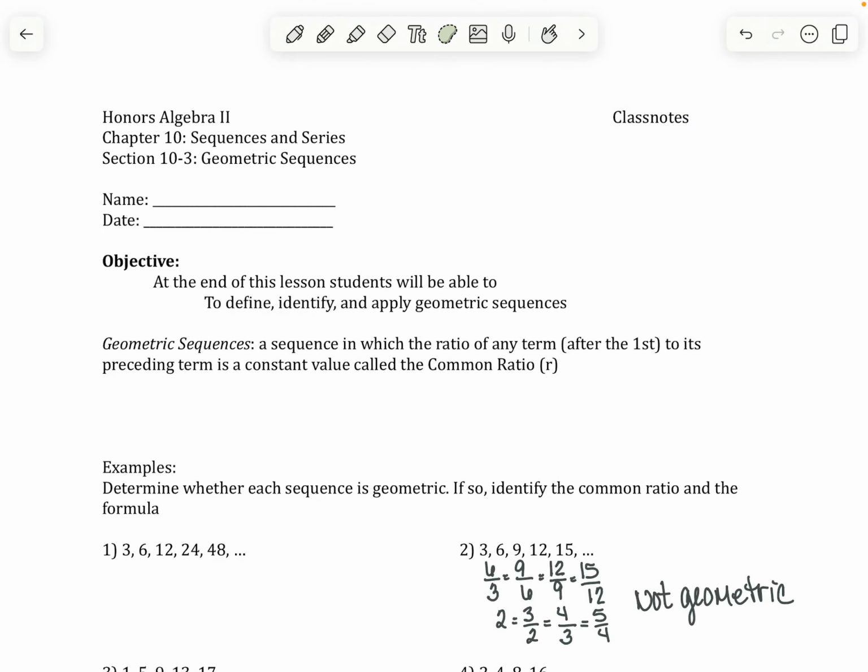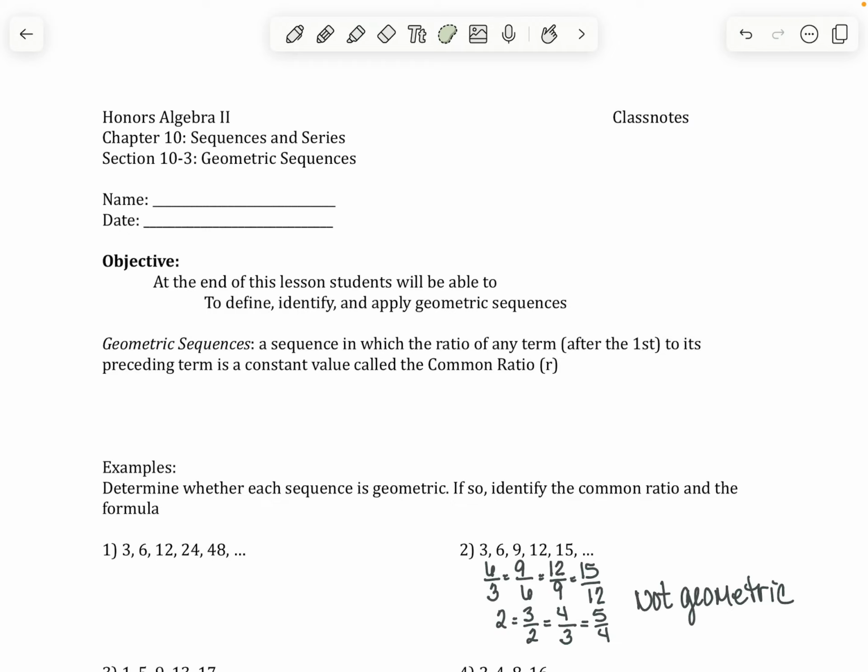Hi everyone. So today we're going to work on geometric sequences. And we just finished arithmetic. So remember we talked about a common difference and we had a formula for that, a sub n equals a sub 1 plus n minus 1 times d. Well, we're going to have something similar here for geometric, except we're going to talk about a common ratio instead